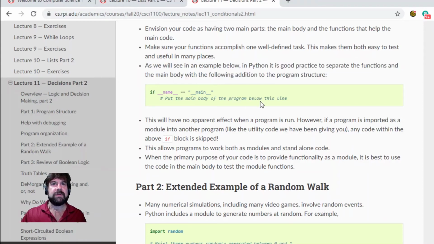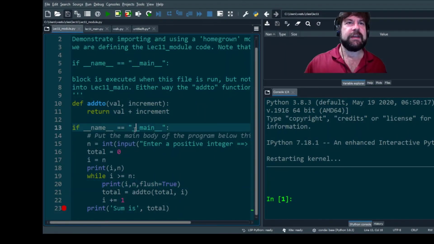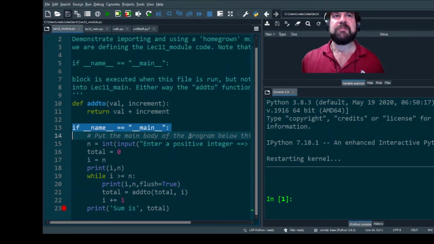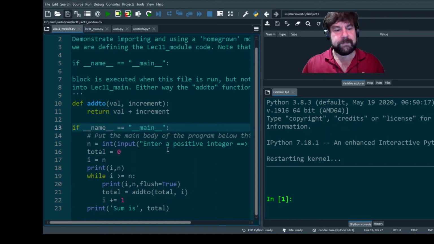We also want you, from now on, in homework 4, you don't have to worry about it for homework 3, but for homework 4, we're going to start working with modules. I think modules actually come in 5, but we're going to start working with them. You'll notice I have a little thing in here that says if name equals main. We want you to start using that. Your imports should be first, then your functions, then a guard, and then your main. And the reason for this is, anything you write in Python can be